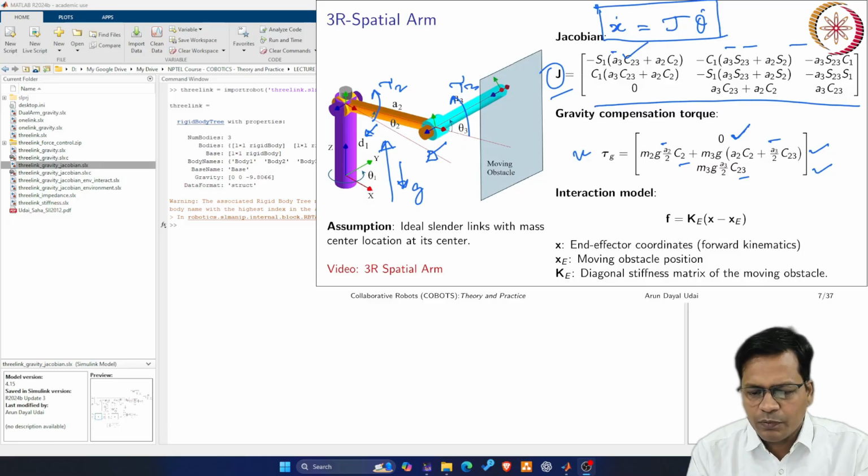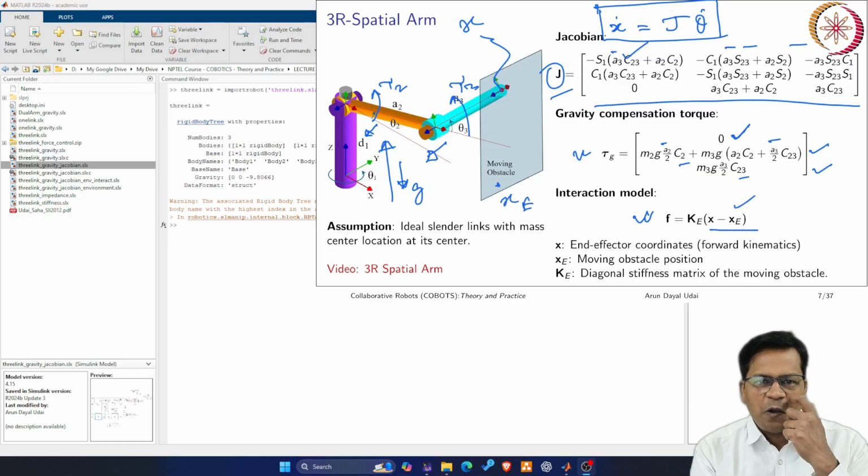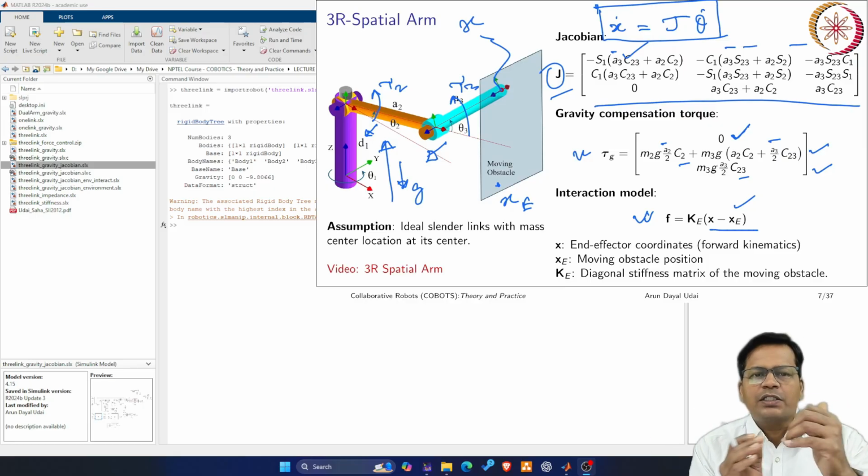As you have seen, F is equal to Ke into (x minus xc). X is the end effector position of the robot. This is your x. Xc is the position of this moving obstacle. When this collides with the robot, there is a difference in position. It moves towards the robot.